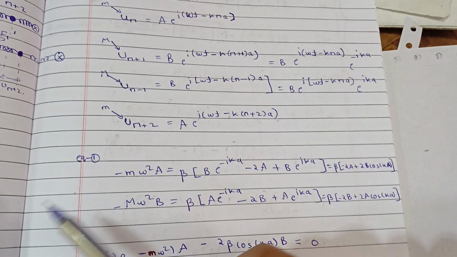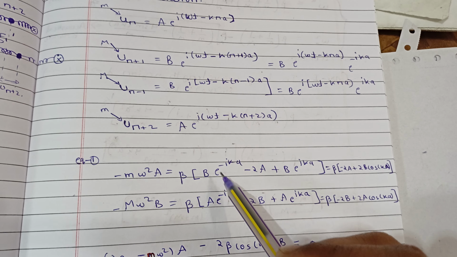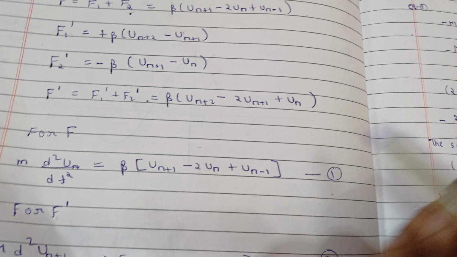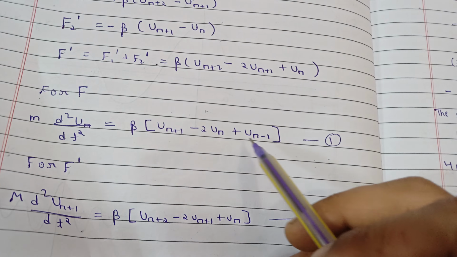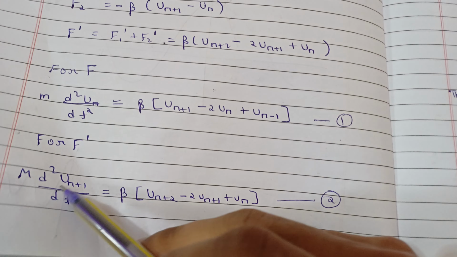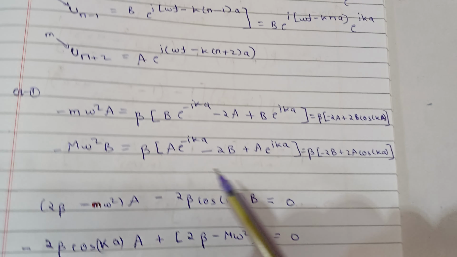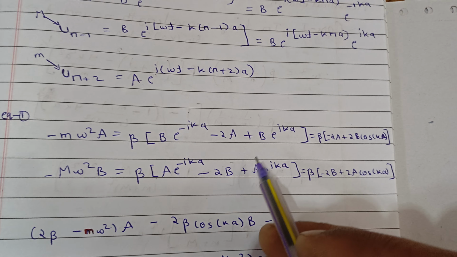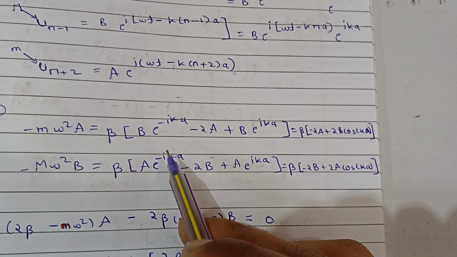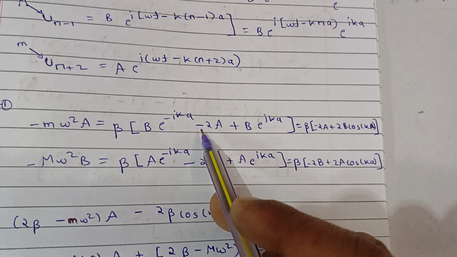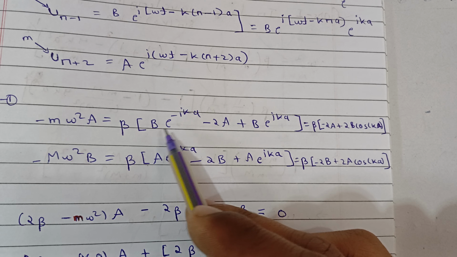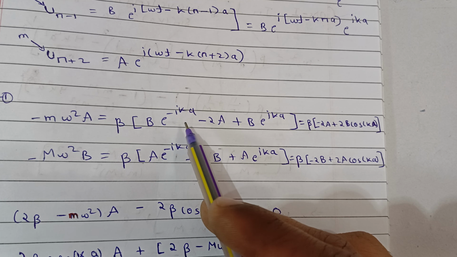Now try to solve the same way as we did in the previous one. You will get these, and we did nothing but substitute all the u n plus 1, u n minus 1 in these values. Okay, and we found these two equations. Now what we will do, minus 2a plus, we take b common and divide by 2 and multiply by 2,